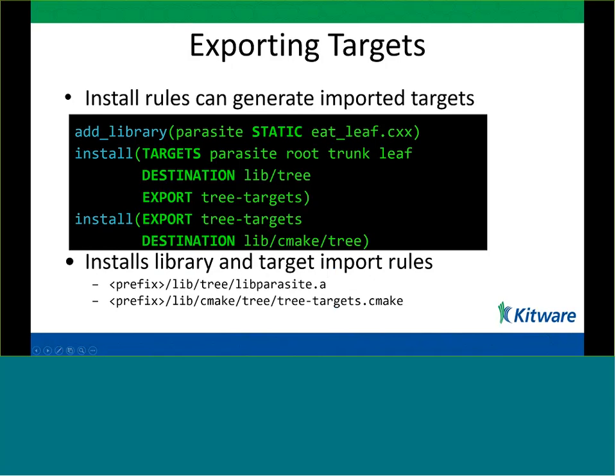So if I have a library and I do install these targets, the destination libtree, export libtree targets, and then I do install export tree targets, destination libtree. This installs library and target import rules. So the library is going to be in prefix libtree libparasite.a, and then in prefix libcmake tree, there's going to